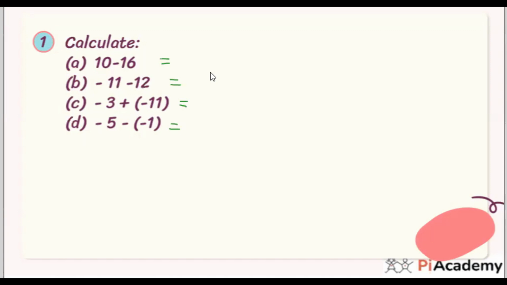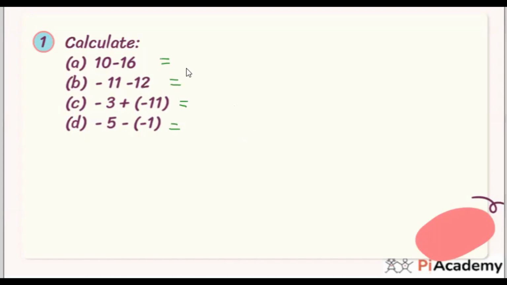For number B, how do we know if they're separate or not? Like minus 11 and minus 12. What's the equation here? Okay, there are two negative numbers, right? So minus 11, and from minus 11 you are subtracting another 12. So you are doing subtraction, right? Okay, now I am starting to solve. These are very easy questions. I am solving and you can verify whether your answers are correct or not.